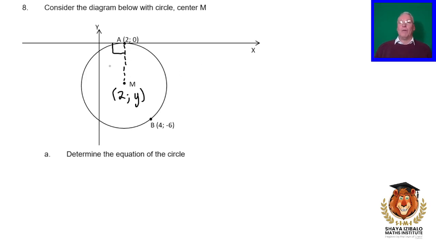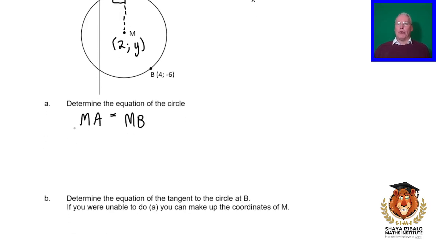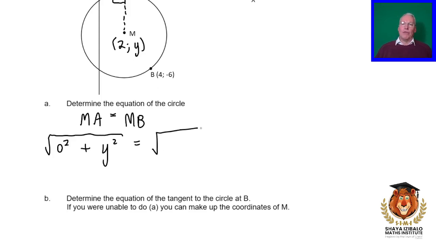Another way of showing it is if we work out the two distances. So we're going to work out the distance MA, which is a radius, and the distance MB, which is a radius. Those two things must be equal. Now, what we're going to do, we're going to go 2 minus 2, 0 squared. We're going to go 0 minus y, we get negative y, but we're going to square it, so it's going to be y squared. Here we're going to get 2 minus 4, which is negative 2, which when we square it becomes 2 squared, becomes 4, and y plus 6